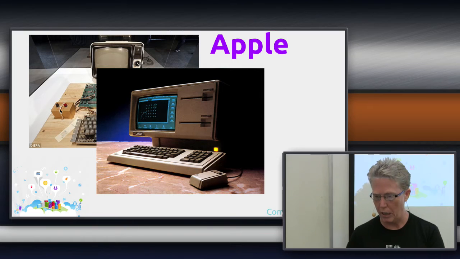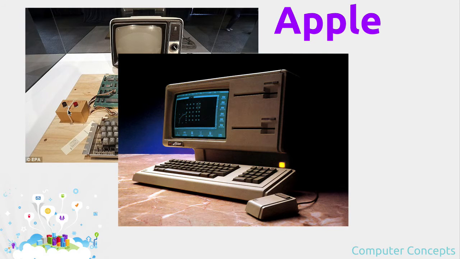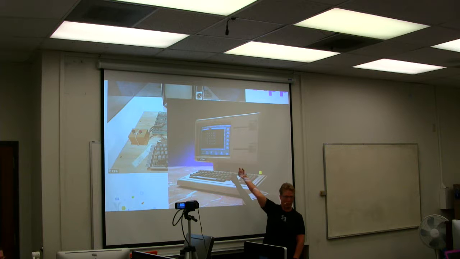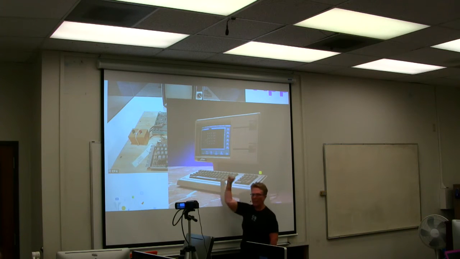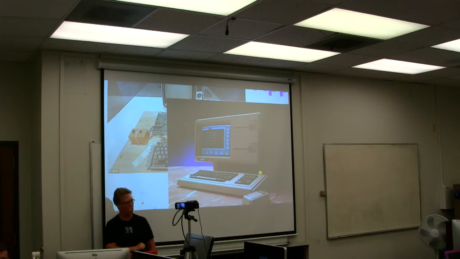Ultimately they created Apple out of their garage, and this was one of their first commercial products. By the way, what kind of operating system is that? Yeah, it's a graphical one with the command line still there. So where did they get it? Xerox. How do you think they got it from Xerox? Yeah, they basically took it, and we'll hear the story of Xerox in a little bit.